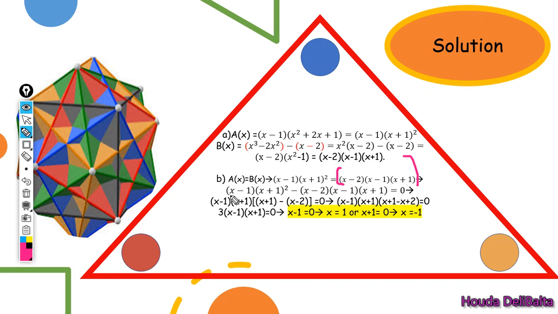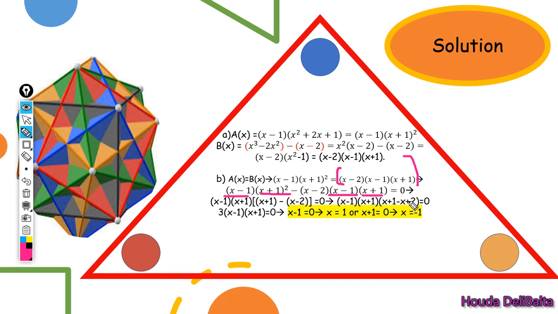Then we search for the common factor among these two packages. This is the first package and this is the second package. So the commons are two factors as well. They are x minus 1 and x plus 1. So we take the common factors x minus 1 and x plus 1. So we open a square bracket. What remains from the first one is just x plus 1 minus in the middle, and what remains in the second one is x minus 2. Now we introduce the minus sign, so we are going to get x minus 1 outside into x plus 1 into x plus 1